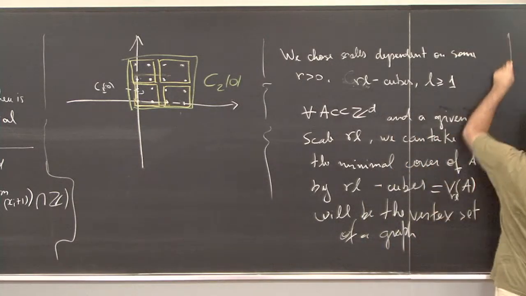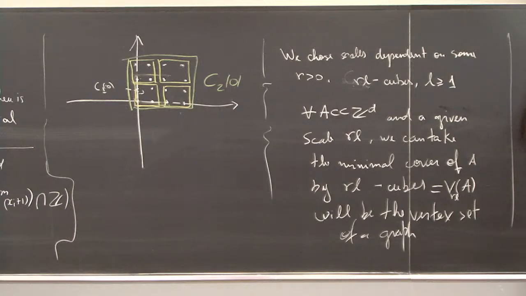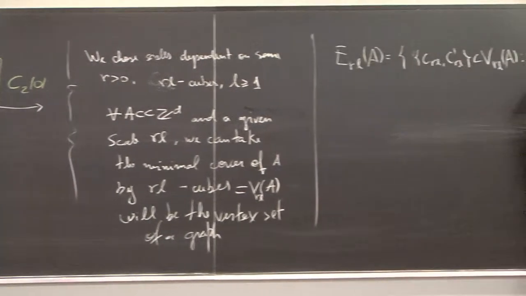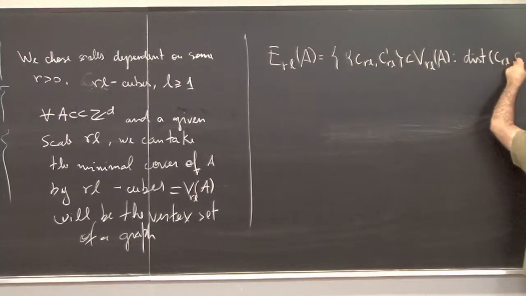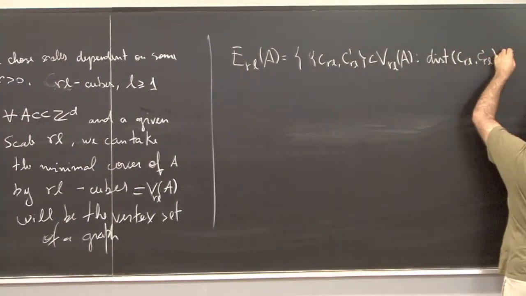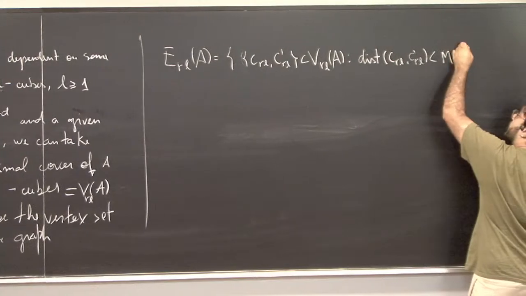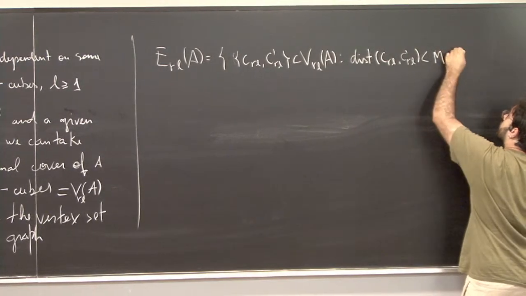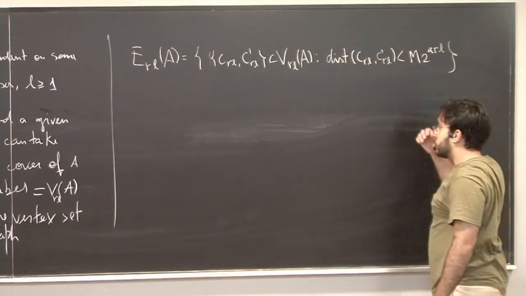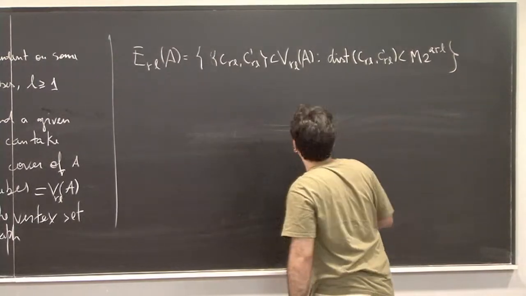Of a graph where the edges are given by the pair of cubes such that their distance is less than m2 to the power a R L. Okay, so we have this, and then we define